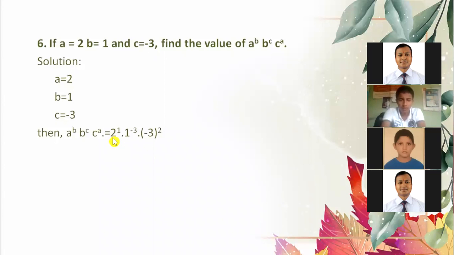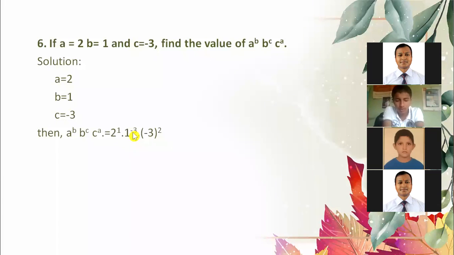Now, what is the value of 2 power 1? 2. Value of 2 power 1 is 2 only. Value of 1 power -3. Value of 1 power anything, that is 1 only. 1 को पावरमा जति भए पनि 1 नै हुन्छ. 1 स्क्वायर, 1 क्यूब, 1 पावर 4, 1 पावर 100 भनेको पनि के नै हो, 1 into 1 into 1 into 1 लाई 1 ले जतिचोटि मल्टिप्लाई गरे पनि 1 नै हुन्छ.